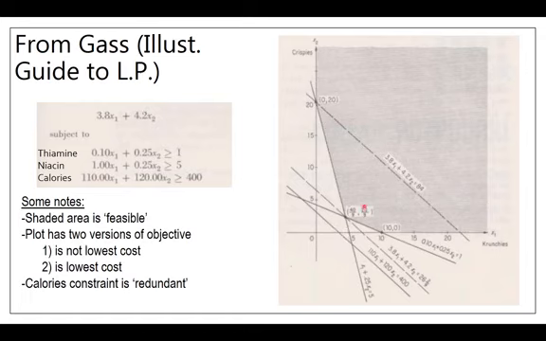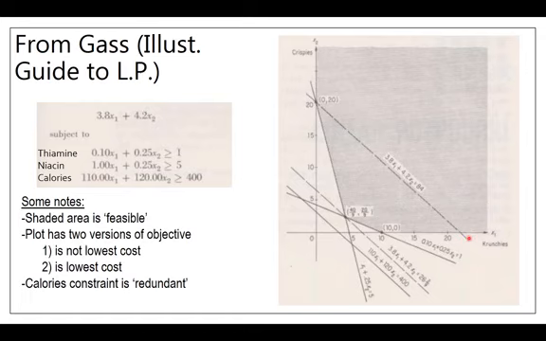Okay, and so this kind of analysis of my constraints, and the ability to maybe identify something as redundant or not contributing to the boundary, right? So the boundary pieces are non-negativity, niacin, thiamine, non-negativity. Calories constraint isn't included when I go around describing the boundary. That might help us identify a problem with our solution, and we'll talk about that a little later if we've already been able to do some analysis here to think about which ones are candidates to be on the boundary. So Gass, or the author is Gass, I think it's Saul or Solomon,